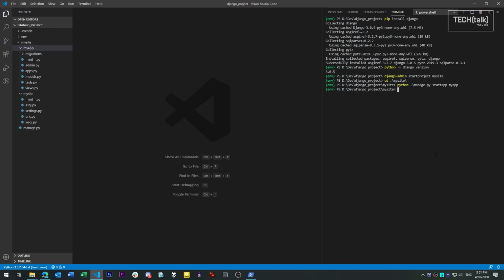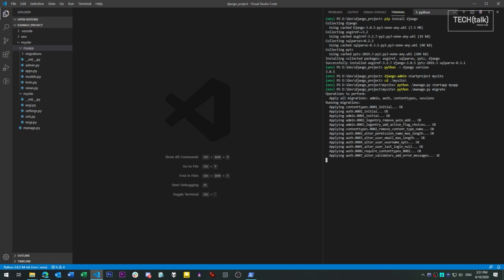Now before we can go any further, we have to perform what's called a database migration. This is a piece of internal management used by Django to make sure that the database used by Django internally is consistent with the definition that we have for it. We're going to go into detail about how this works later. For now, we're just going to run what's called the migration script. This will make everything consistent. So python manage.py migrate.